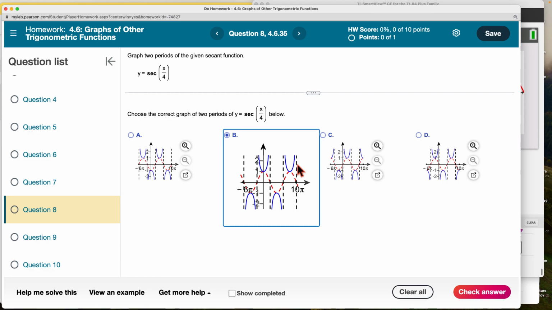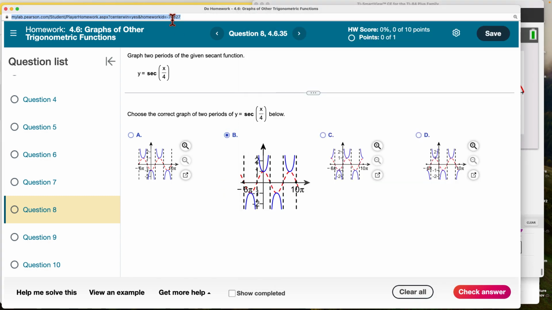But we can reproduce the graphs of what each one of these do, as long as we know how to do it. So secant is 1 over cosine, cosecant is 1 over sine, cotangent is 1 over tangent. Most of our TI-84s have the 3 functions: sine, cosine, and tangent. When you're using